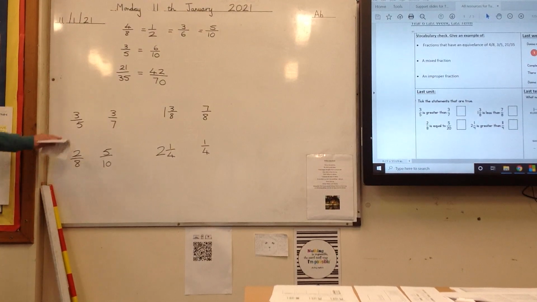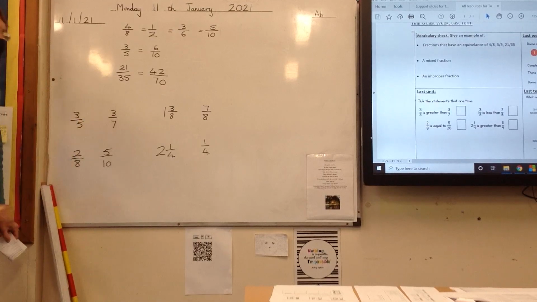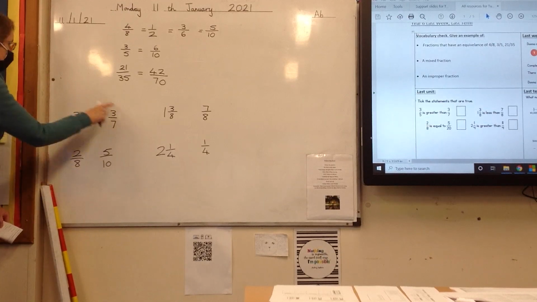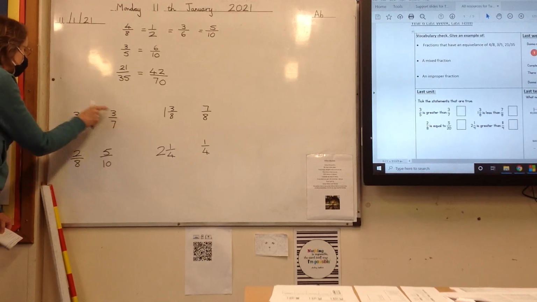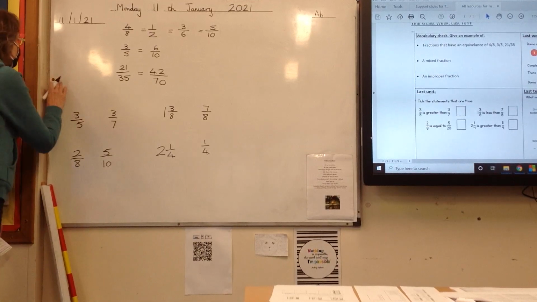Okay, now the second part asks you to look at fractions and decide which one is greater, 3/5 or 3/7. Which one is going to be the biggest? Now, you could do that one by converting them both to the same denominator, and that would make it easy to spot. But actually, if you think of it in terms of pizza,